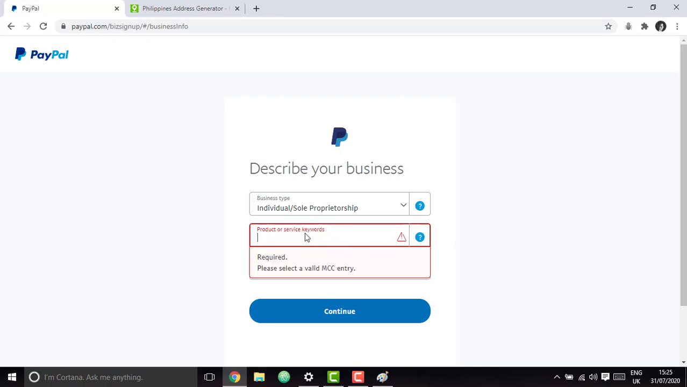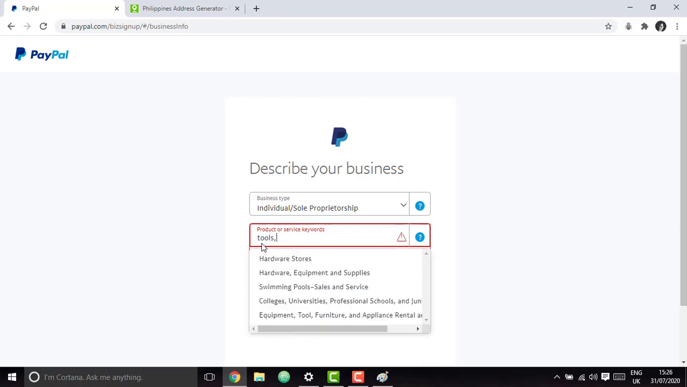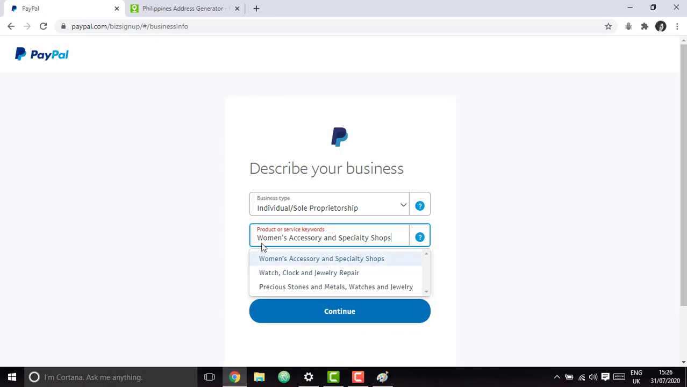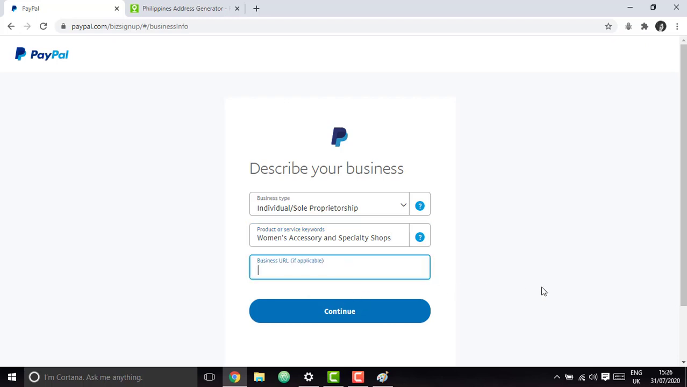So you can mention any product or service which you probably sell, like makeup, or tools. There will be a drop down: hardware stores or equipment, tools, furnitures, anything that comes to your mind, you can put it over here. Now if we just put jewelry, as you can see, women's accessories and specialty shops, so watch, clock, and jewelry repair, precious stones and metals. So I'm gonna go with this, and it asks for the business URL if applicable. You don't have to worry about that, just go ahead